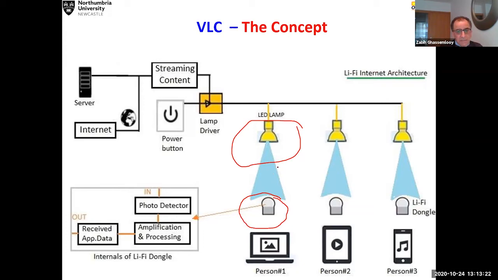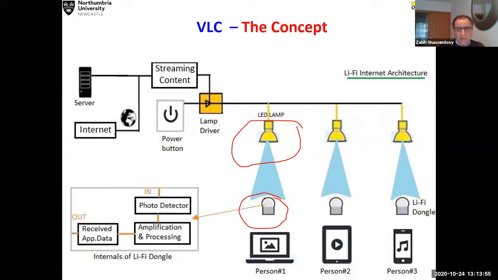Then I should be able to establish a link between the optical antenna at the transmitter and an optical antenna at the receiver. I can also use this power line in order to carry the data. So I could combine the power line communication with optical wireless communication. And I can deliver it already in the building. I don't need to do any wiring because the wiring is already there. So that's the concept.